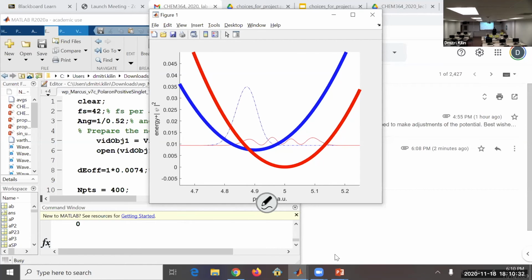So in the remaining time, I will try to speak a little bit more about this code, how it is different from the standard one that we will consider. And basically the personal goal of each of you will be to identify the parameters. The potential code is there, they are parabolic, but one would need the equilibrium position for blue and red parabolas, their curvatures, and their energy offset.